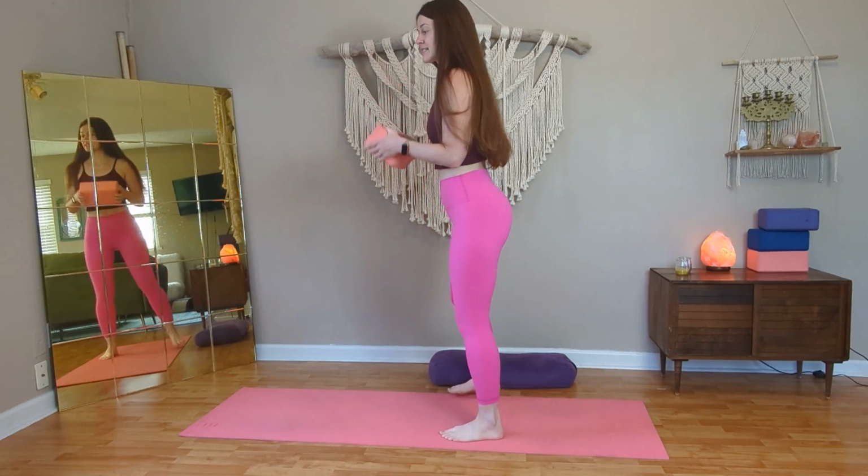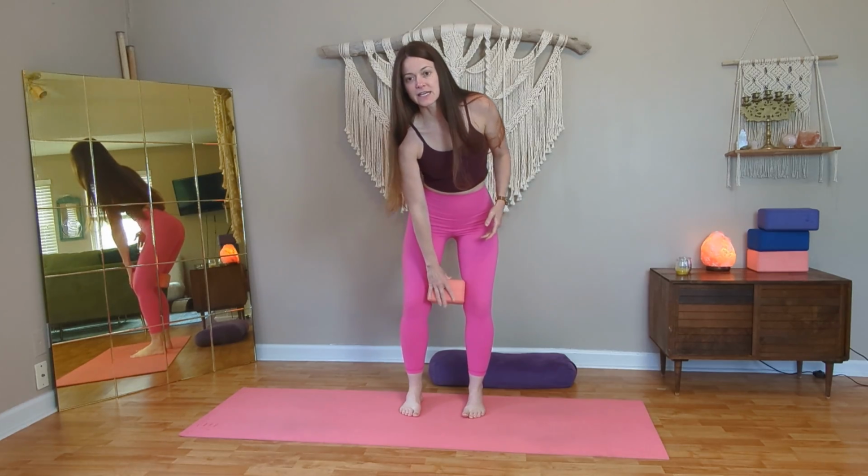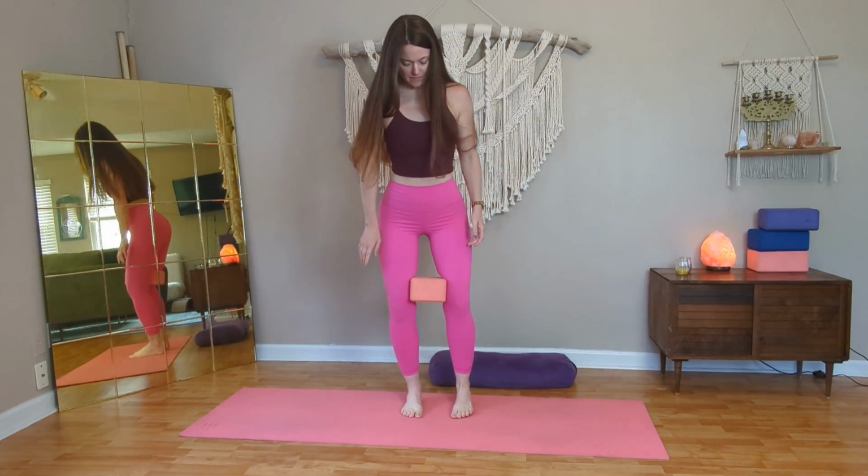Friends, I'm Samantha, and today I'm going to show you a nice and easy Bowspring routine that will be great for beginners, and the only thing we need is a block. So we're going to start out in a standing position, and actually we're going to start out like this. I'm going to put the block between my knees, just like so,